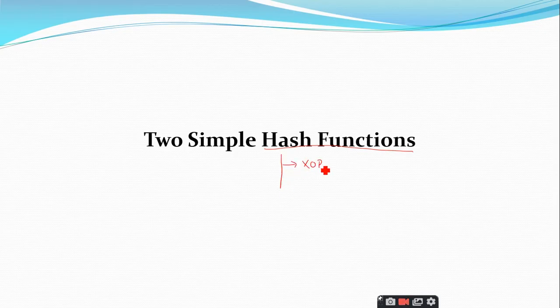One is the XOR operation or the XOR hash function, and the second one is the OR XOR operation. This OR XOR operation is nothing but the rotated XOR operation. It is a very simple topic, and before entering into this particular topic, let us have a quick idea on some of the basic points for understanding these concepts.